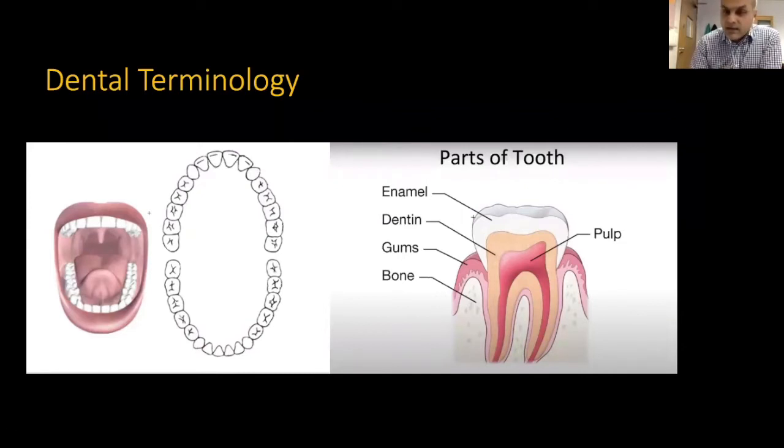The insides of the tooth, there's a cartoon here. The hardest part of the body is enamel, which provides protection and function, and the inside is a neurovascular element, which is called the pulp. If anybody's had a root canal at the dentist, that's the bit that is stripped out, and a filling is done to seal the insides of the teeth to prevent infection egressing or ingressing into the